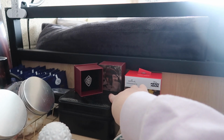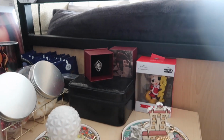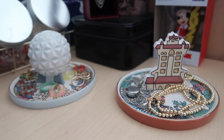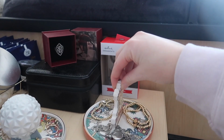I have my red ring. This is a jewelry case with most of my necklaces and earrings in it. And then here I have my two jewelry stands. So these are my rings here on this Epcot one. And then I have this Hollywood Studios one that has on my Bauble Bar pizza bracelets,